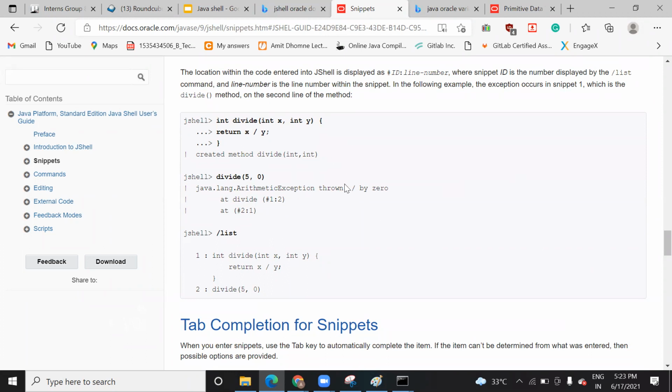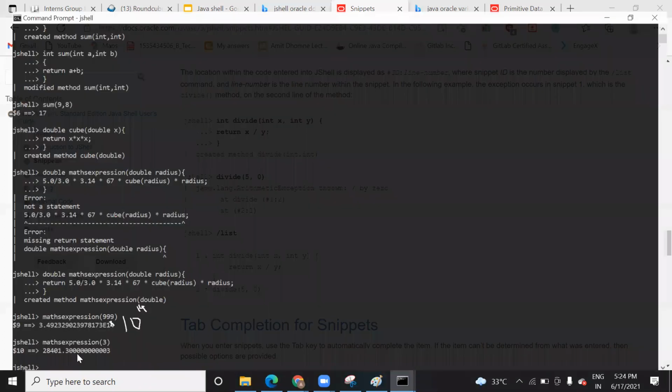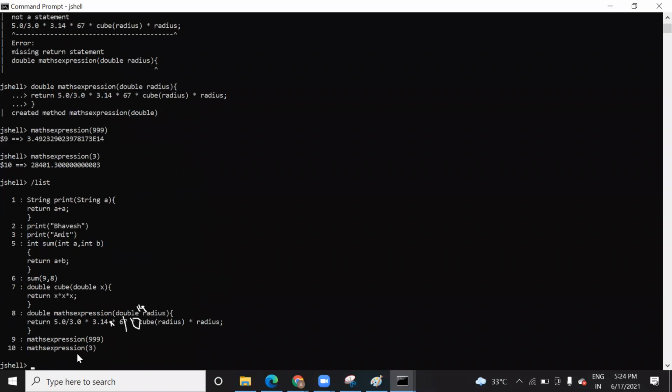Exception handling also you can do, like divide 50 like this. And one more thing, I forgot to tell you. Suppose you want to check what commands you have run till now, this list will give you the set of all the instructions that you did till now. So it will show you.